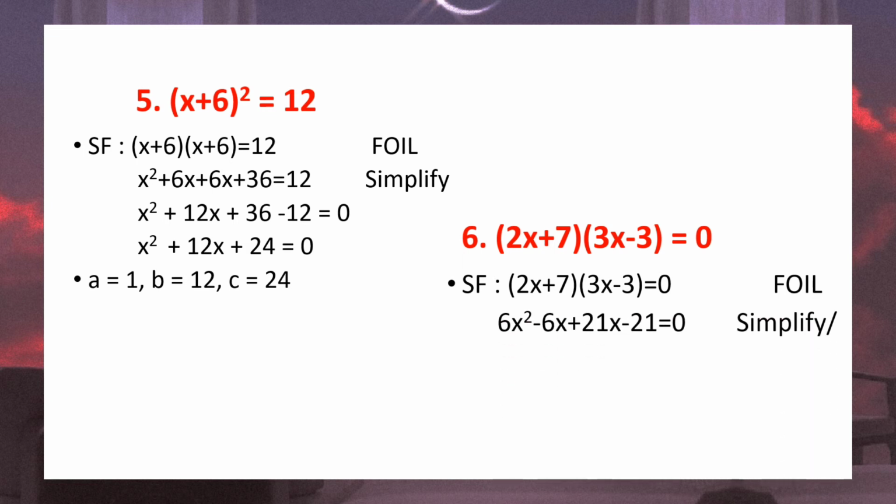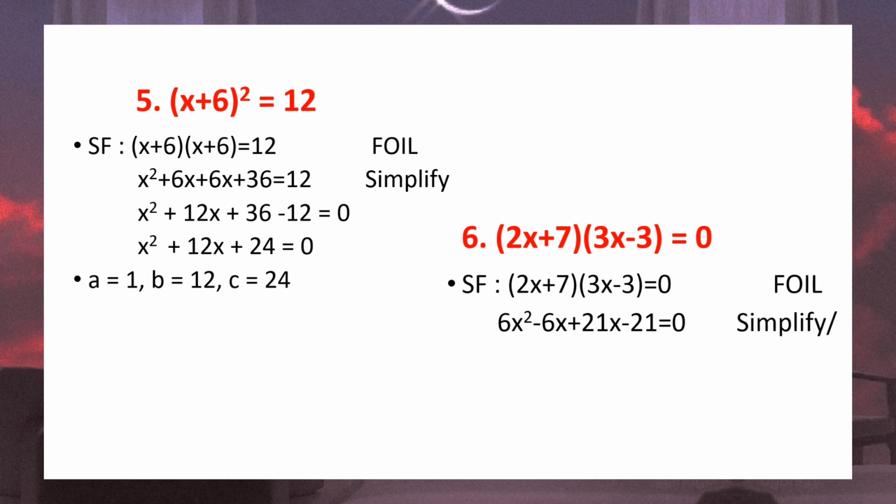So the first terms here are 2x and 3x, and the product of that is 6x squared. And then the outer terms here is 2x and negative 3, and the product of that is negative 6x. The inner terms are 7 and 3x, and the product of that is 21x. And the last terms are 7 and negative 3, and the product of that is negative 21. Now we can simplify by using